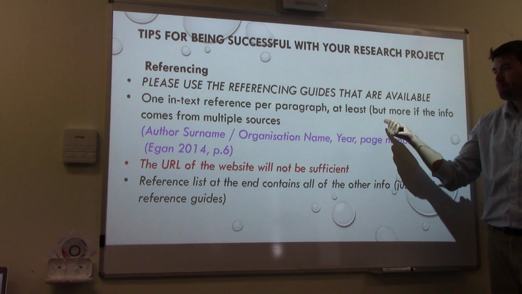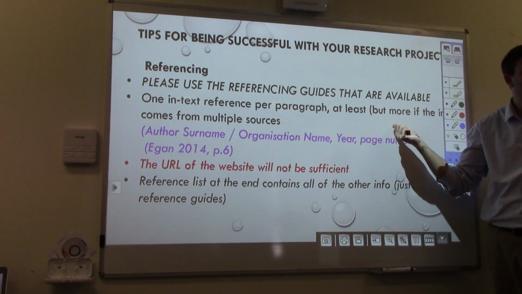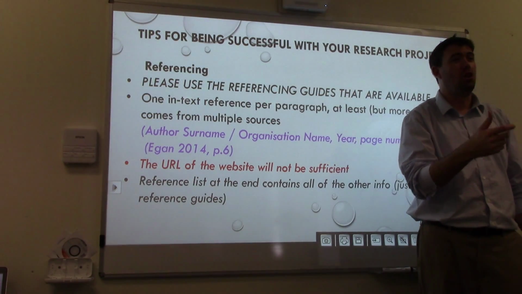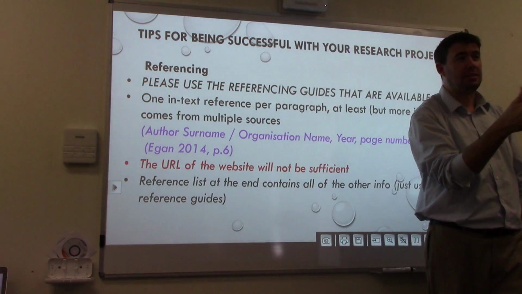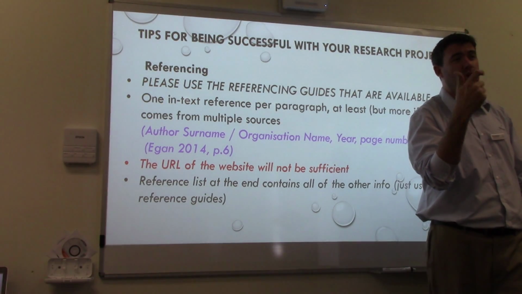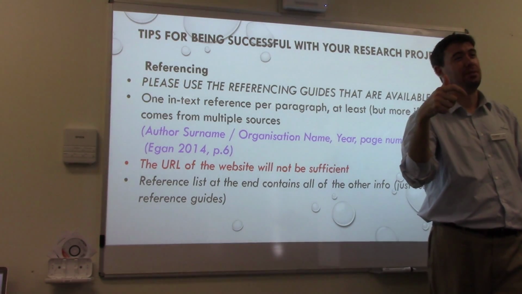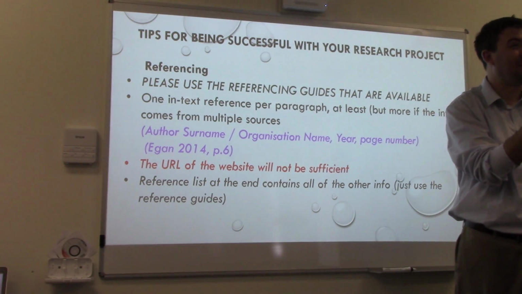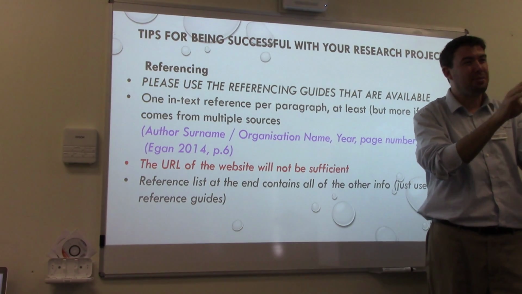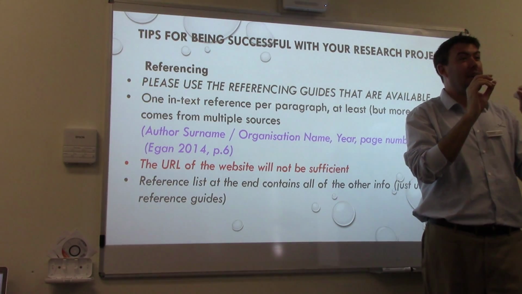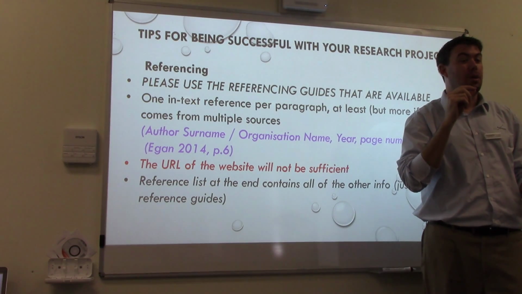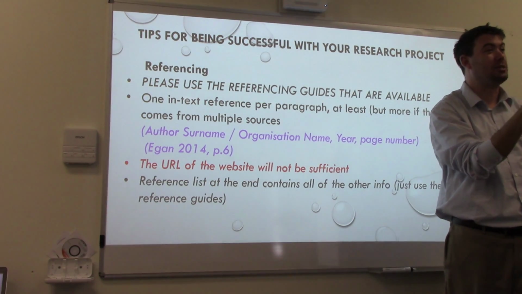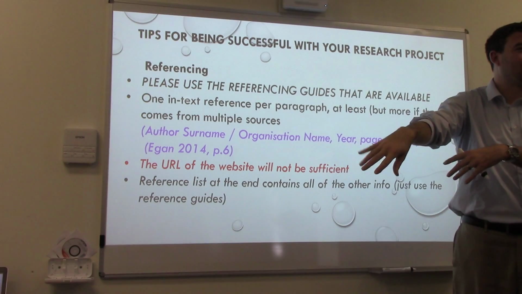For example, if I did a search for CBT on Google Scholar, you're going to get thousands of hits, and mostly they're going to be specific along the lines of the application of CBT in primary schools with children aged between 8 and 10 who suffer from depression as a result of bullying. Very specific, because that's what the articles are. So you may have to do a bit of searching. However, if all you were looking for was a definition of CBT, you could go to that article, because in the abstract it's probably going to define CBT. Forget that the rest of the article is not valid. You're not interested